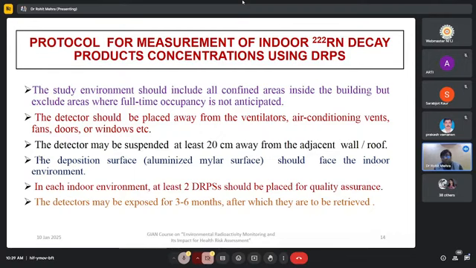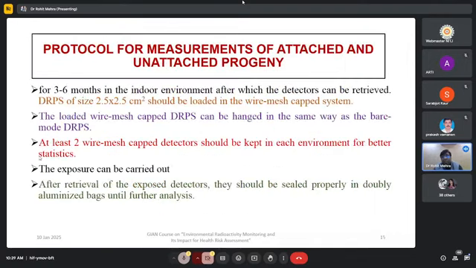And sometimes once we hang our detectors, after a few days the people throw away our detectors, because they also have a fear factor, because it is very difficult to do these types of activities, especially in a country like India, where the people are not so educated that you can make them aware. They are very afraid of what we have placed in their houses, and whether we have placed some cameras or whether we are monitoring something else. So it is very difficult to convince the people.